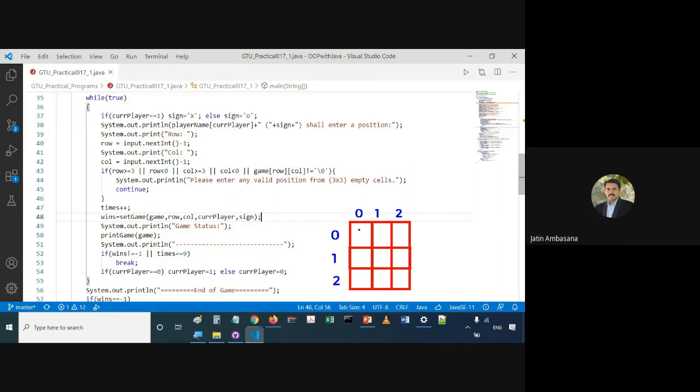Currently, O has been entered over here. Now it's the next player's turn to enter X. So what will he do? He will either enter this location or any other location, right? So we take the location.